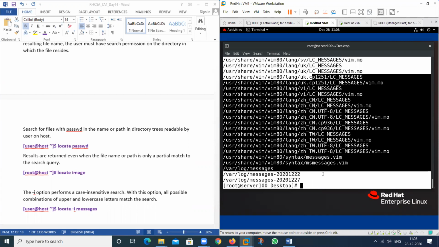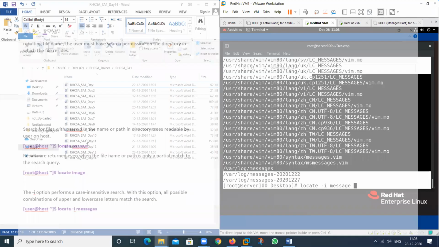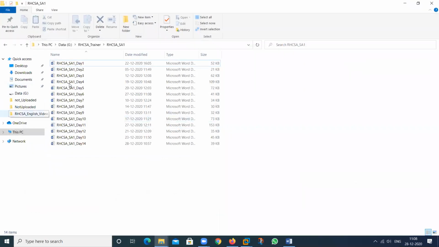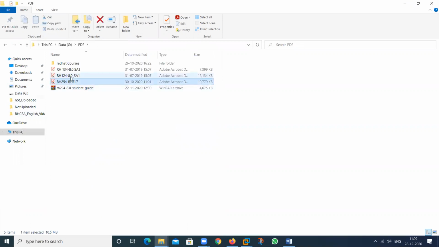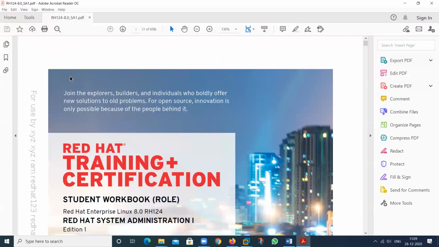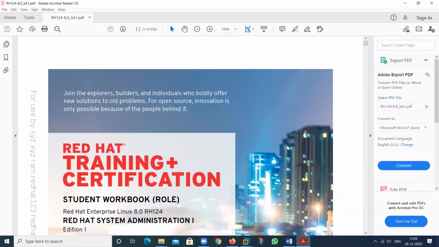So we can find the location of any particular file, and this locate command is very fast because it uses a pre-generated index. Suppose I have an ISO file, this one, and this PDF file has a predefined index.